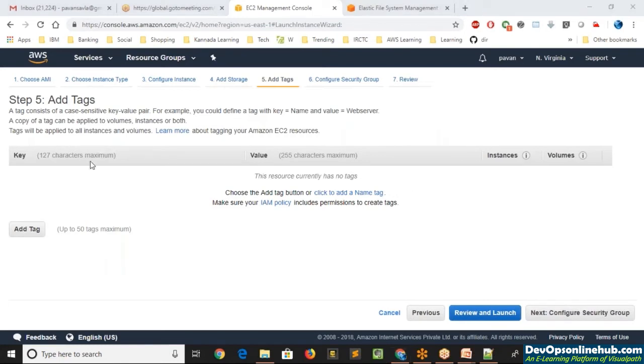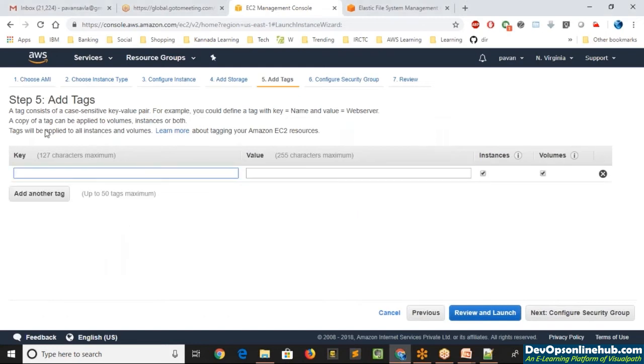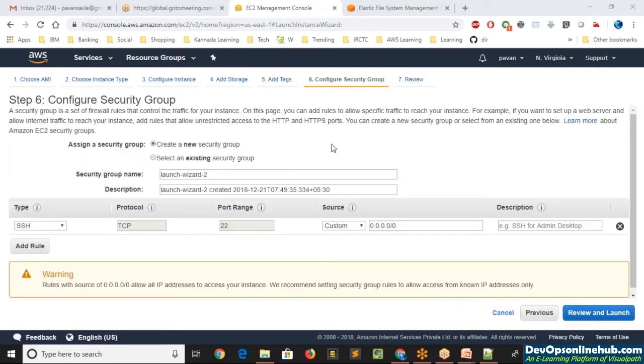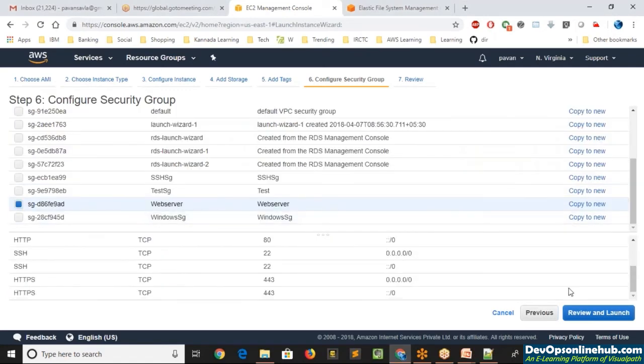So I'll click on add tag, give it as name, EFS lab system 1, and then I'll quickly select an existing security group that we already have, that is web server, which has port number 80, port number 22, and port 443 opened up.